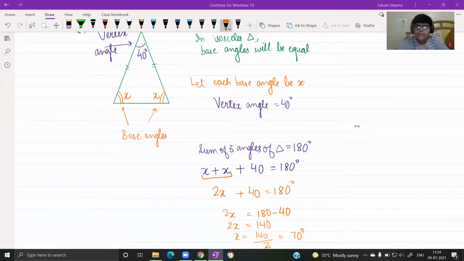Ma'am, I wanted to ask whether it is isosceles or scalene or any type of triangle, the sum of angles is always 180 degrees. Yes, for a triangle, the sum is always 180. You will be using this property multiple times. This year, I think there is one more chapter where we will be using this property. Sum of the angles of a triangle is 180. Even in the next class, in 9th, even in 10th, the sum of the 3 angles of a triangle is 180. Any type of triangle.